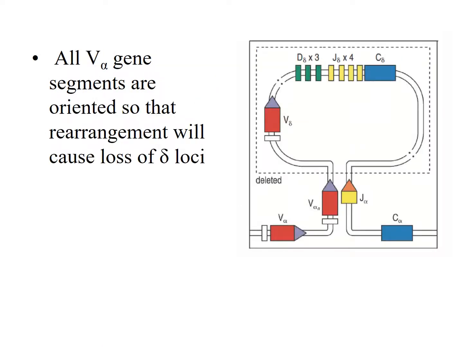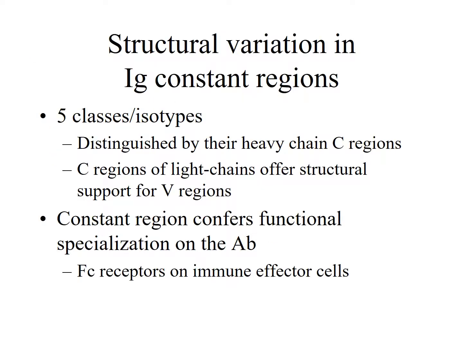That type of rearrangement. Because as we see here, we can loop around, cut out a bunch of these intervening segments, these intervening loci. If they're not there, then the potential for them to ever be expressed is now gone. So you would go directly from V alpha, whatever this one is, to J alpha, whatever that one is. The intervening V's, D's, J's, and C's no longer possible. This also feeds into our